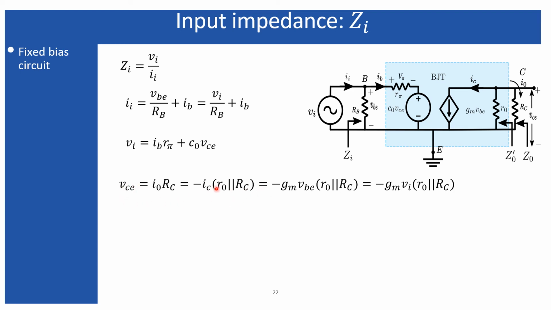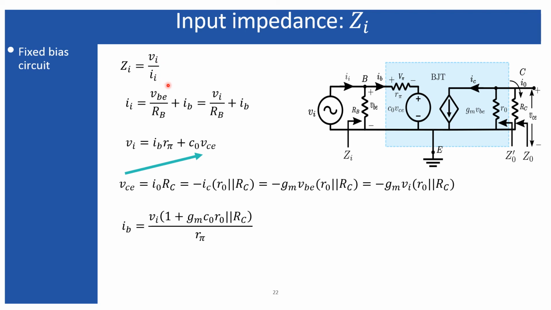And this expression I have actually discussed in my earlier slide. Here just replace this IC by GM times VB, and VB as VI, so you will get this expression. Now simply substitute this VC from this expression into the previous expression, and you will obtain an expression of IB which includes VI only. What is our purpose in this case? Our purpose is to find the ratio of VI to II.